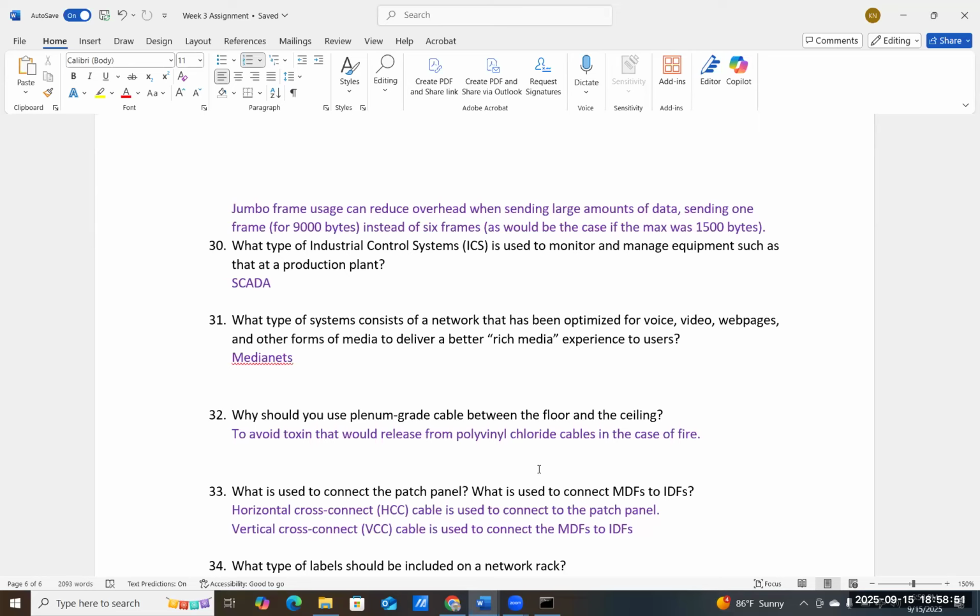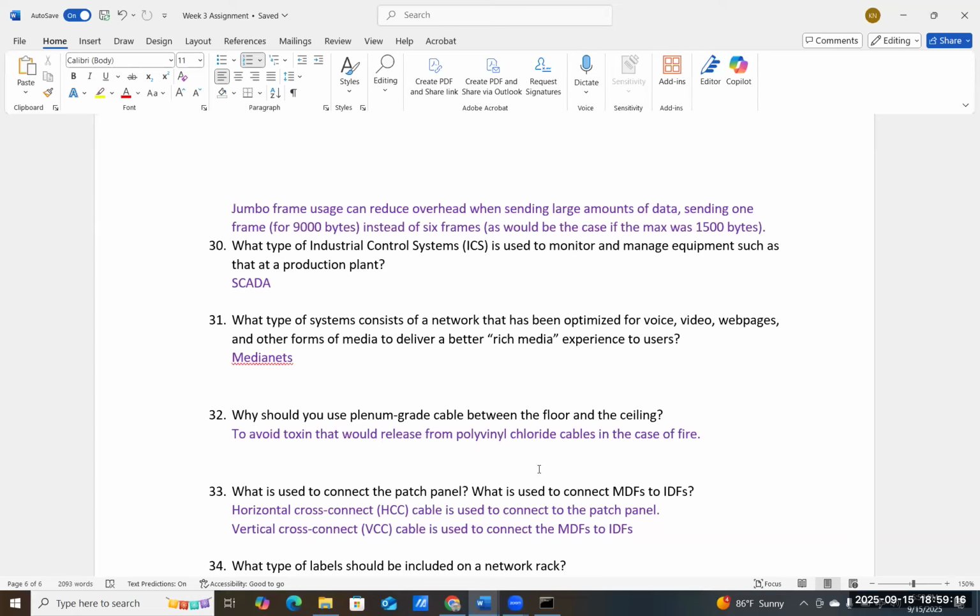If I don't want that part of the network, I just cut it. So you want to use plenum grade cable for a few things, because when you have a lot of cable together, they are hot, okay? And they can catch on fire, right? Things can melt. So they would have plenum grade cable to make sure that you don't have